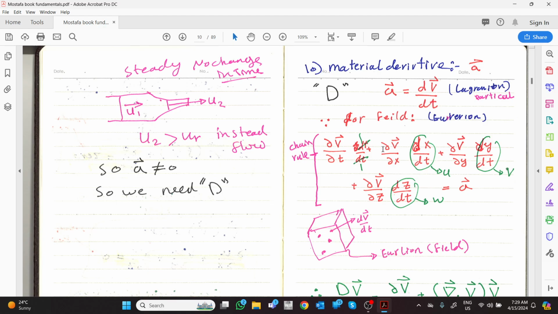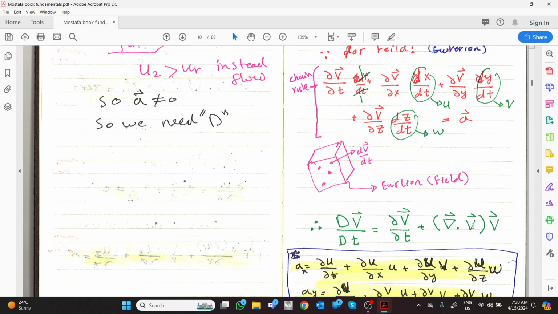But we are not trying to get the velocity, we are trying to get the acceleration. We know that the acceleration is the velocity by dt. So it is dt, dt, dt, dt. Okay? Because we're trying for the acceleration itself. Okay? So dt by dt is 1, dx by dt is u, dy by dt is v, dz by dt is w, which is the velocity in all directions. Which we can write